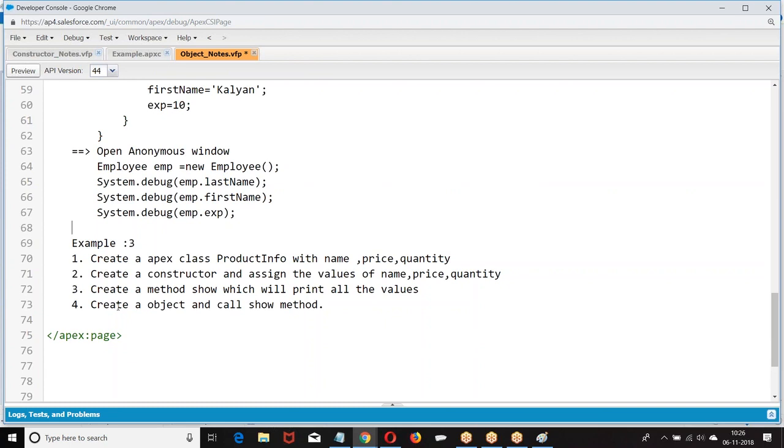Now first we need to understand what it is. Then we will understand how it can be used. Now syntactically everything is good. What we are trying to understand is the creation of a class with variables, with a constructor, with a method, how to create an object, and how to use it.